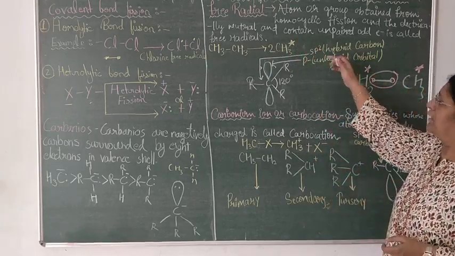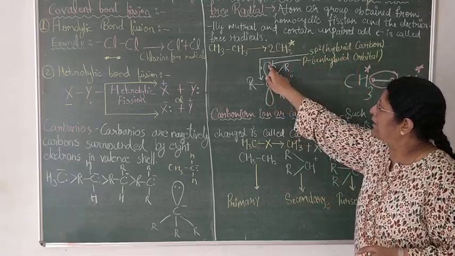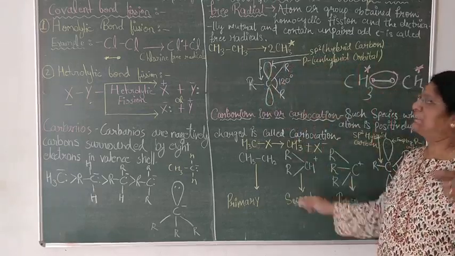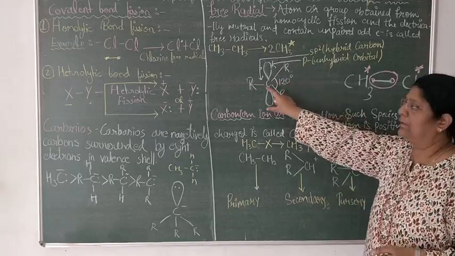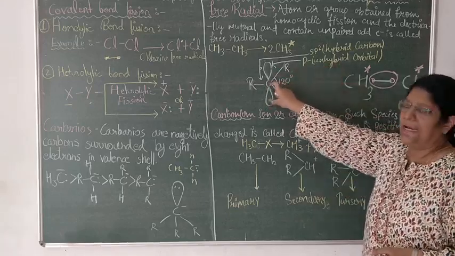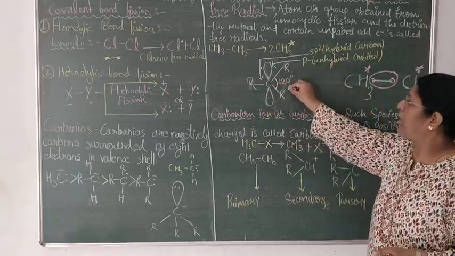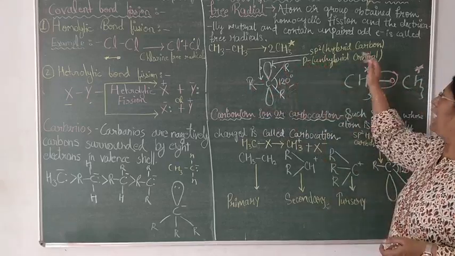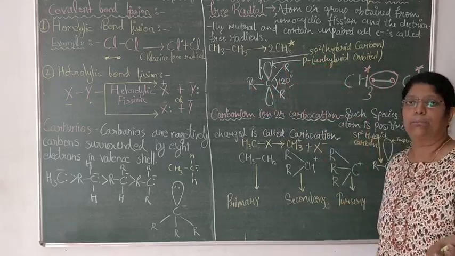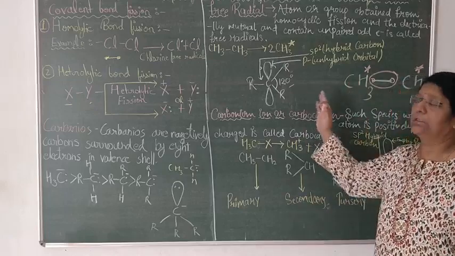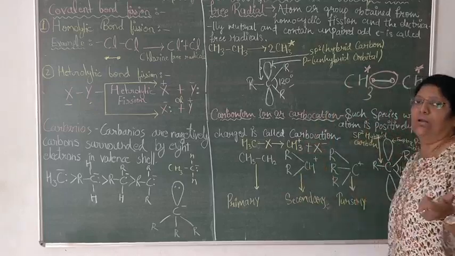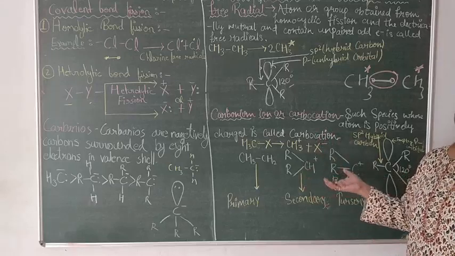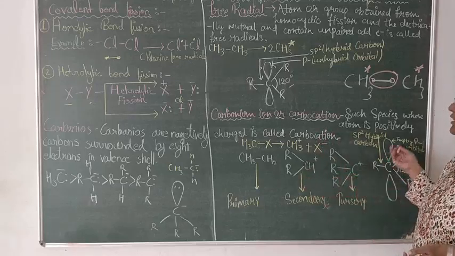In a free radical, there are 3 R groups and a single electron. What are these lobes showing? These are showing the p orbital of carbon, which is bonded here to the 3 R groups. The bond angle will be 120 degrees and they possess sp2 hybridization. Definitely you will understand this in bonding, but it is already given in the organic basic concepts, that's why you have to read it here only.